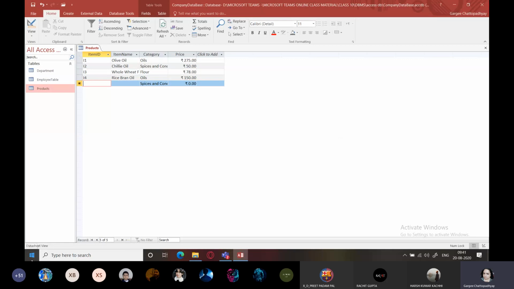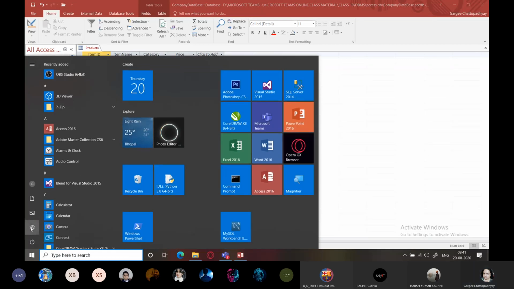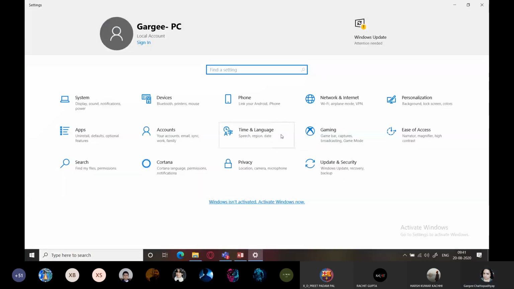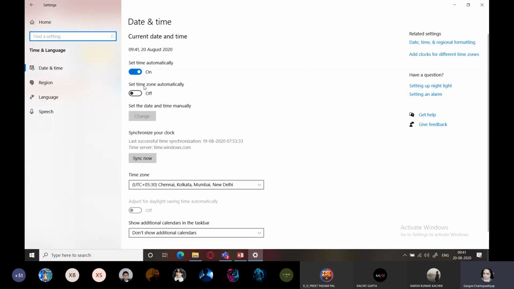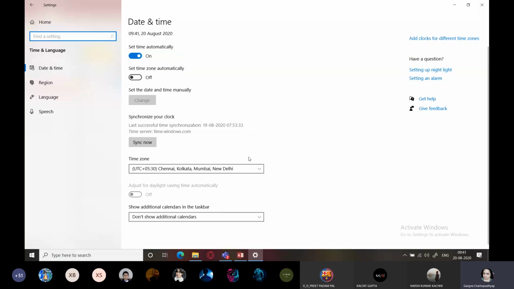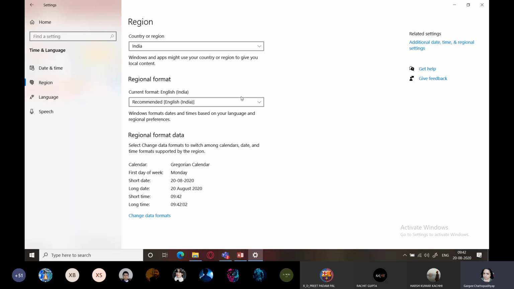So for that, we'll go to settings, and we'll go to time and language, speech, region, and other things. And over here, I had done a little bit of hit and trial. Okay, so we'll go to region, and I've selected country or region India, current formats India, and that helps me.